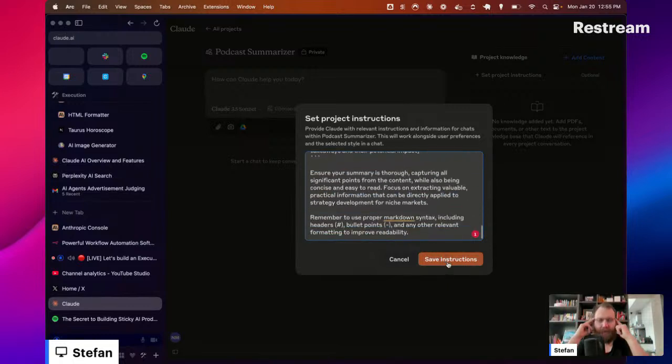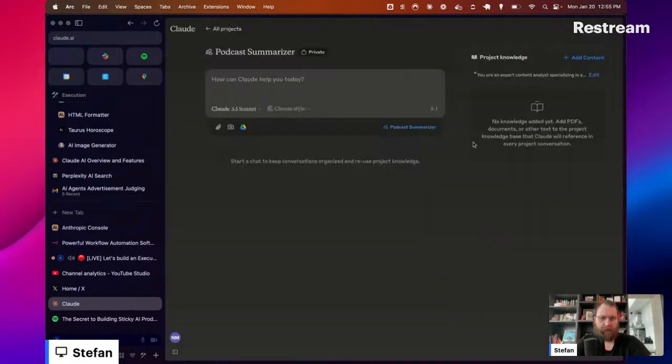I'm not 100% sure, but I think that this actually overrides the system prompt that Claude comes with, which is good because that one is kind of bad. So it helps to get rid of all the generic crap that they have to put to make sure that Claude works for every kind of use case you throw its way. But yeah, so let's save that.